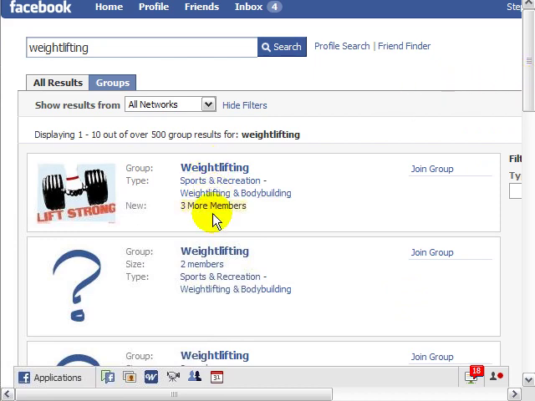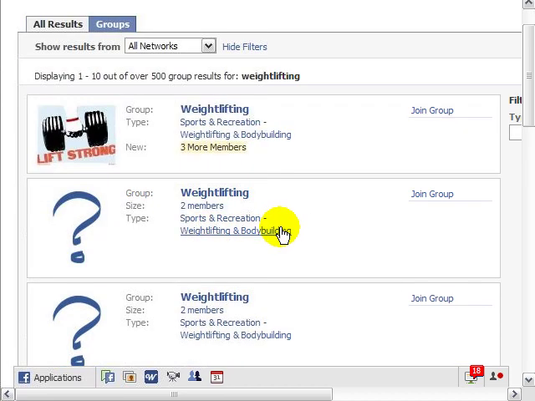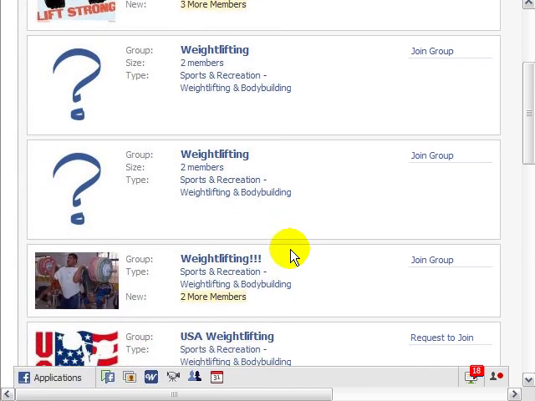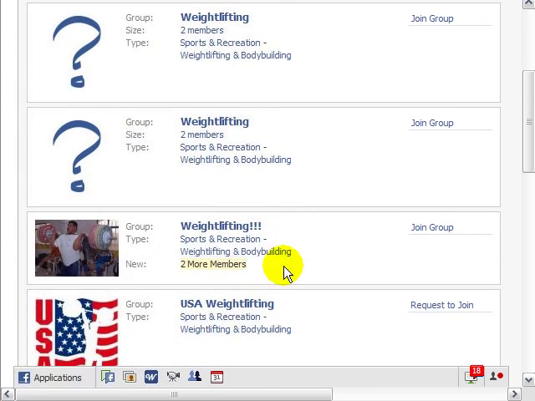Now, one thing you can take advantage of is these small groups. These small groups might be very small, but you might get to know one or two people that might be willing to hop on and start talking on your forum, and might even become moderators as well. And try to be proactive. Find people that are in your niche and think where you encounter them the most, because that's where you're going to most likely find them.